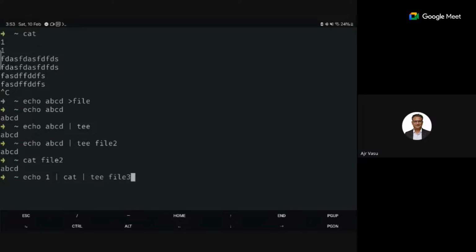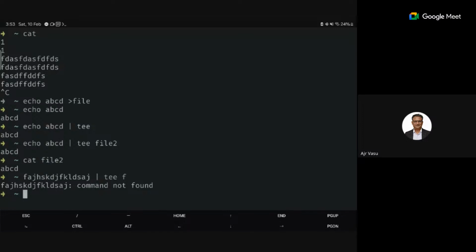Suppose now I want to pass the error. Suppose I want to save the error somewhere else, right? Then where do I write it? Do I write it after tee, or after cat? Tee will take only the standard output by default. Yeah, and the error will come to the screen. Suppose I want to save the error somewhere, then where do I write the error redirection, the 2 greater than? Do I write it after tee or before?